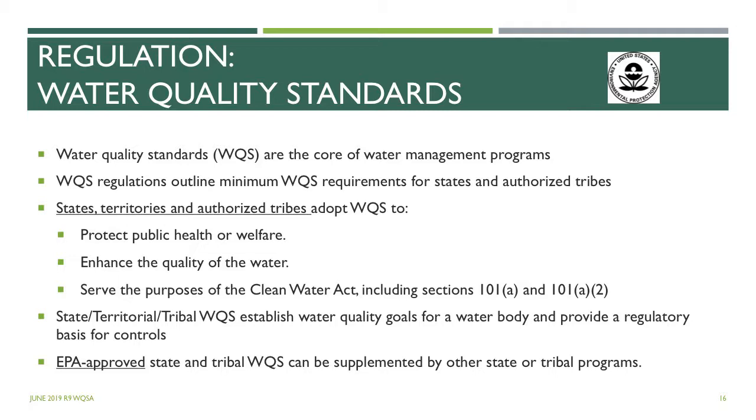States, territories, and tribes can choose to be more stringent. There is a section of the Clean Water Act that gives that discretion. It's section 510. EPA cannot disapprove a state or tribal standard because it's more stringent than necessary. Our purpose is to make sure you are at least doing what you're supposed to be doing under the Clean Water Act and protecting what you're protecting. But the discretion to go beyond that is all at the state and tribal level.